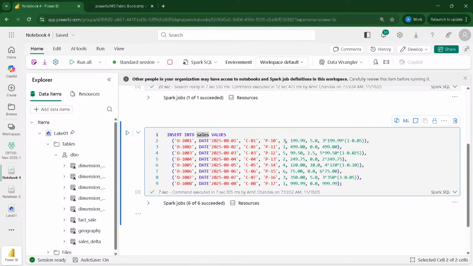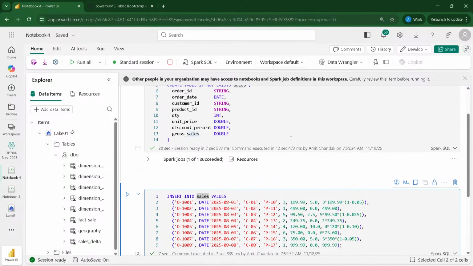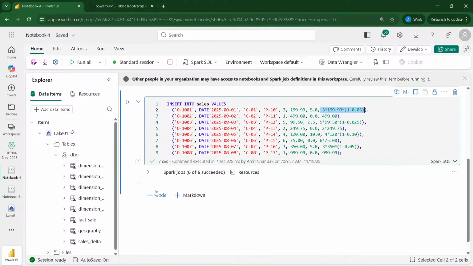It is giving me order ID, order date, customer ID, product, quantity, price, discount percentage, and the gross is getting calculated here. You might be a little surprised what is happening: gross multiplied by quantity, multiplied by discount percentage, and 1 minus 0.05 is basically going to create this one. It is called gross, but it's actually net which is getting created.